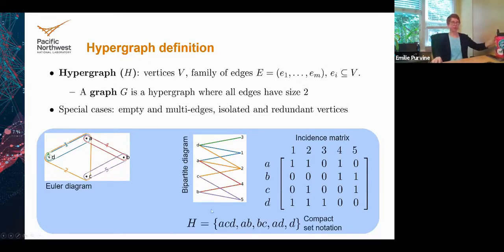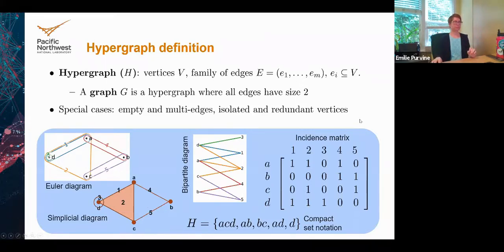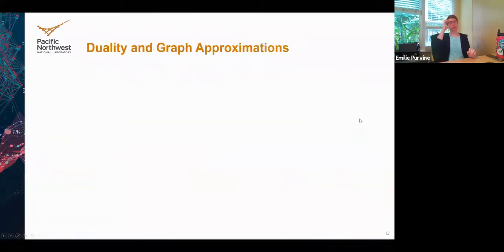We can have a set notation for our hypergraph. And then lastly, this is going to be another call forward to some discussion about topological properties of hypergraphs. So, simplicial diagram, thinking towards a simplicial complex. Okay, so